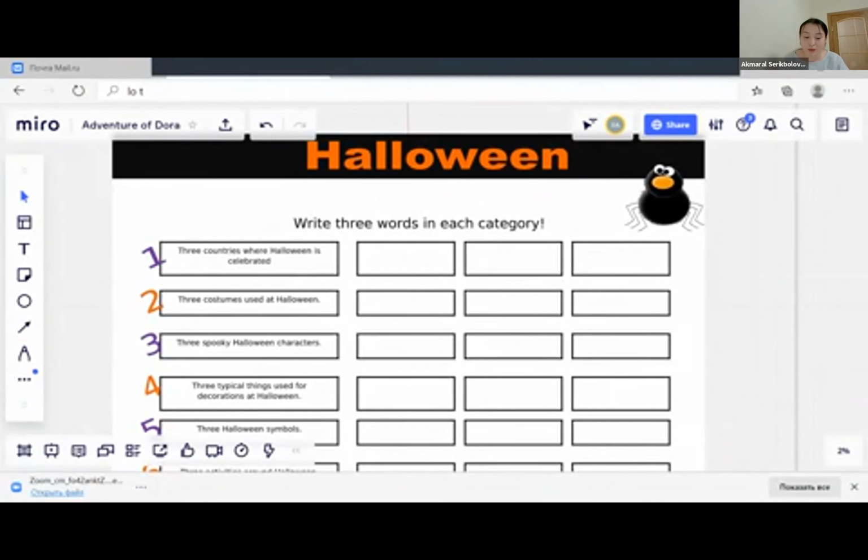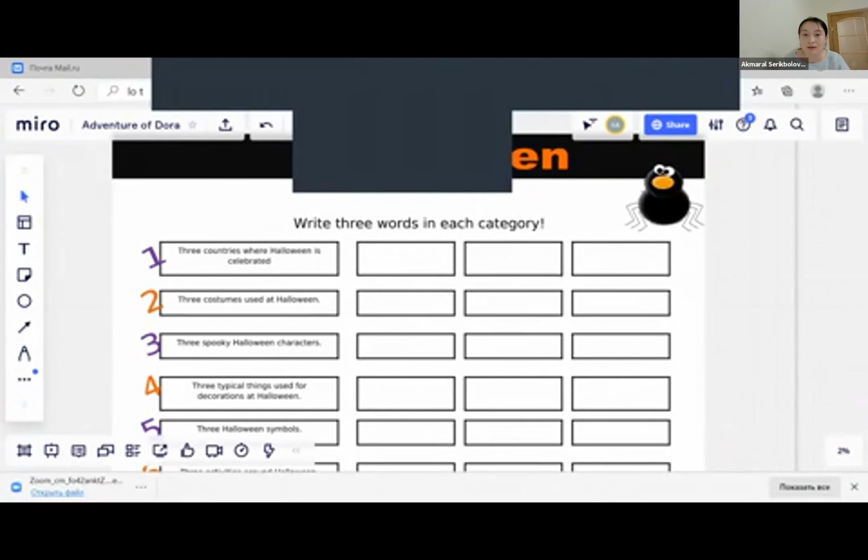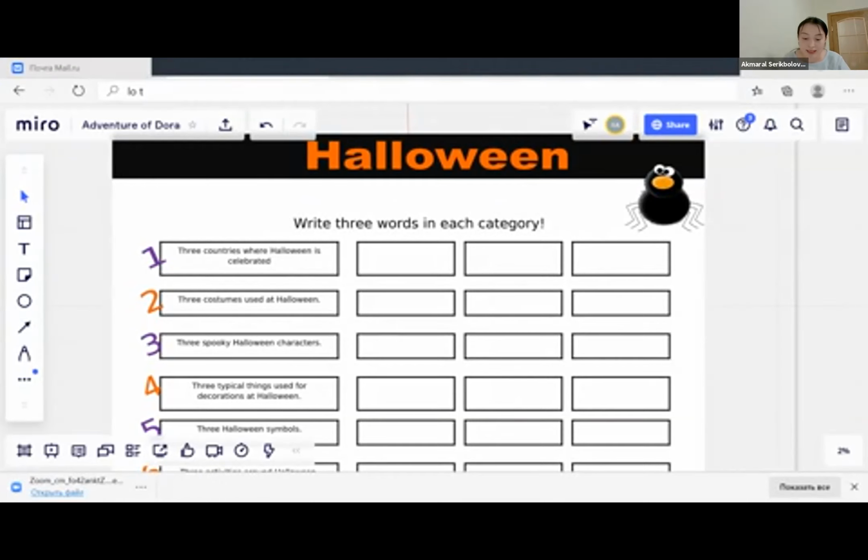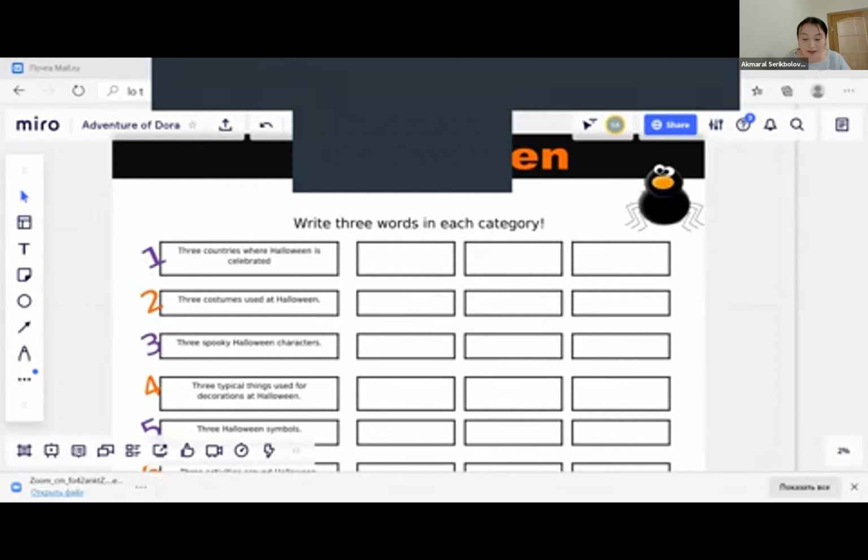In this activity, you need to quickly write three words for each category. This is an exercise for intelligence, speed of execution, and the development of resourcefulness. To this, we have taken the theme of Halloween, which we celebrate recently.